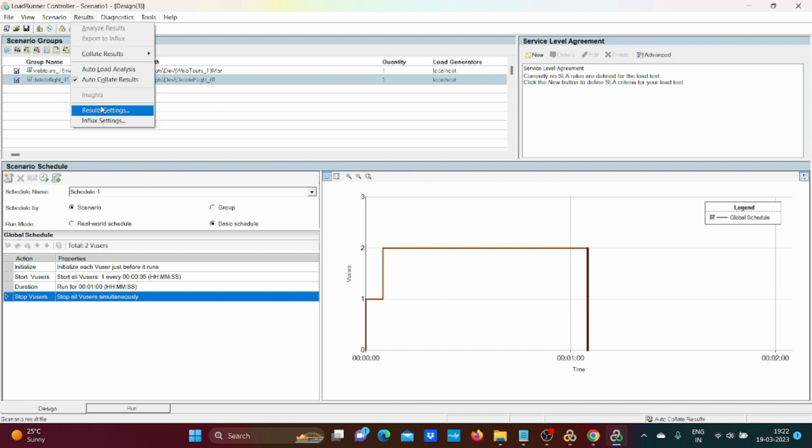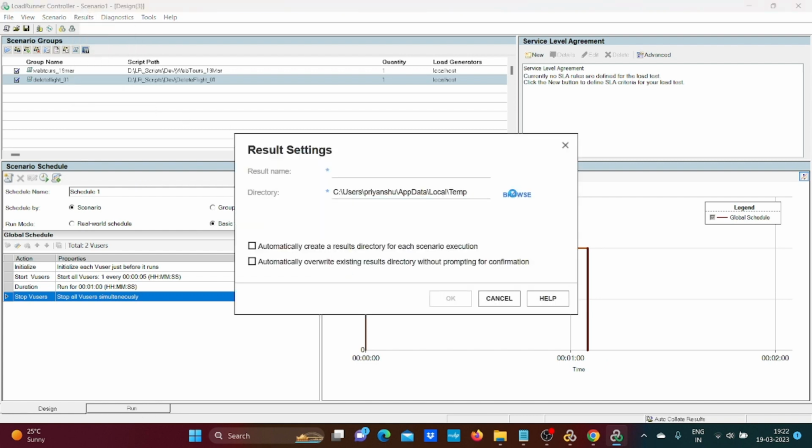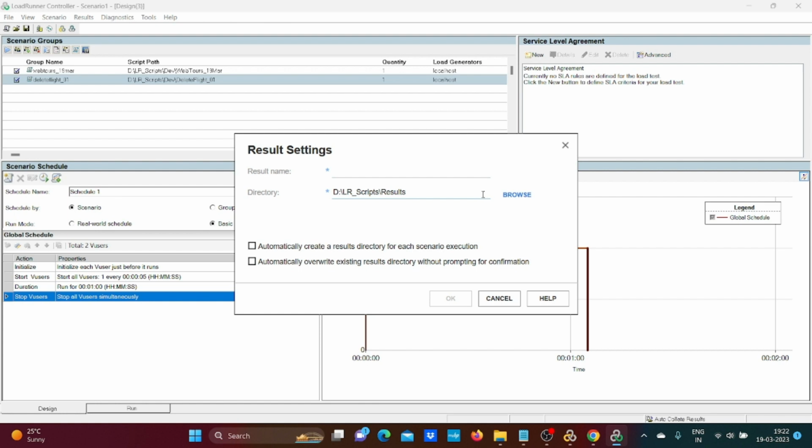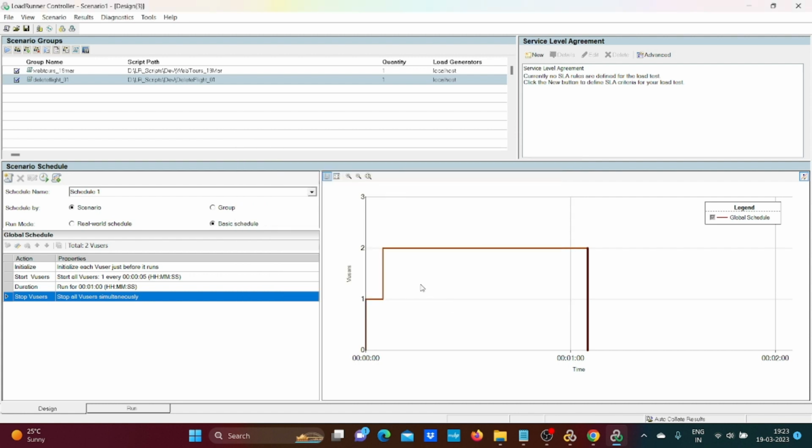Then you should give a result folder here where you want to store the result. I'm using the same location. Let me go to the D drive, LR script. You can create a new folder here, results folder, and you can save your results. Underscore 19th 031903. Click OK. So your destination folder is saved. And if you start this scenario now,